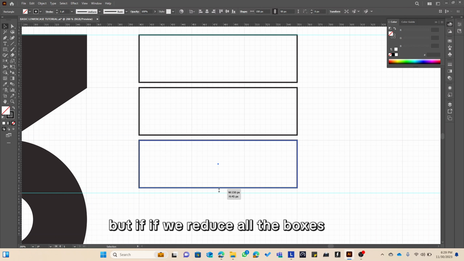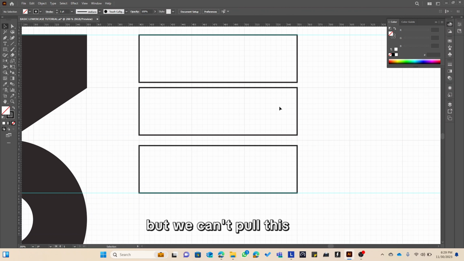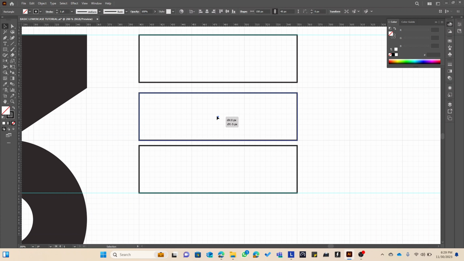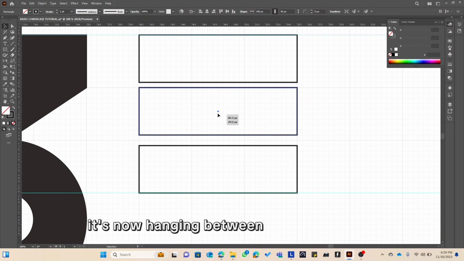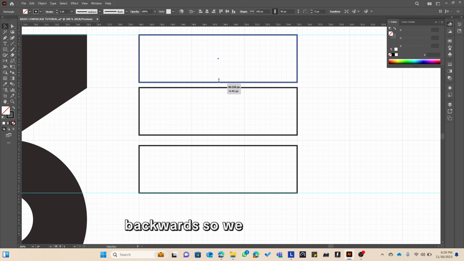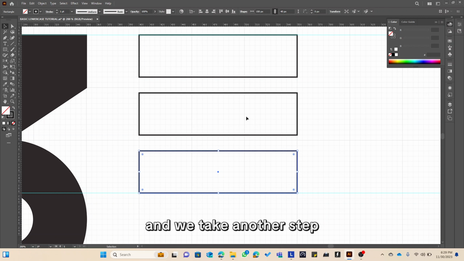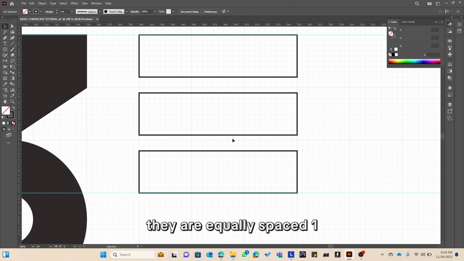But if we reduce all the boxes by 1, we have to pull this one downwards. But we can't pull this one because, you know, it's now hanging between the two of them. So hence, we need to make another 1 step backwards. So we take 1 step, we take 1 step again, and we take another step. So automatically now we have, they are equally spaced, 1 2 3 in between, 1 2 3 in between, and